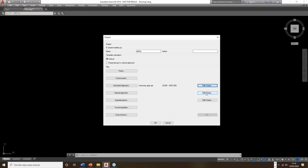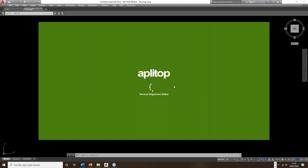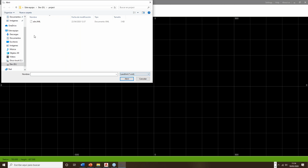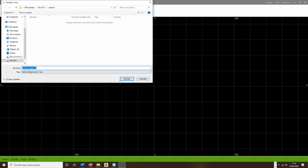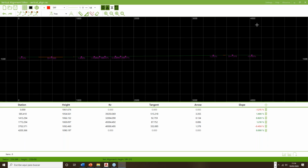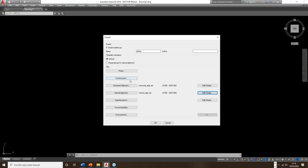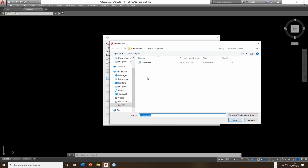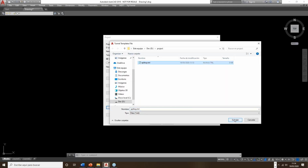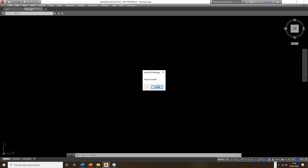After this, we do the same for the vertical alignment. We go to the vertical alignment editor. We import from the LandXML, the same file. We set the name of the file, and this is our vertical alignment file. Then after this, we select the control point we are going to use in total station. And then we select an empty tunnel template file. The project is created, and then